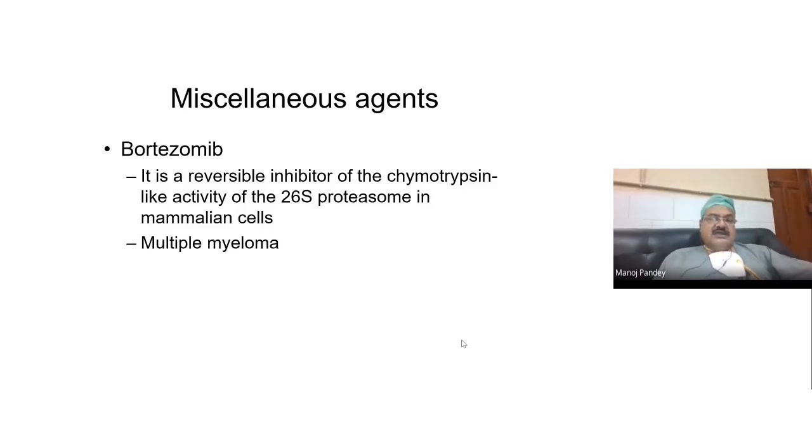Then there are certain miscellaneous agents like bortezomib. Bortezomib basically has a chymotrypsin-like activity and blocks the 26S proteasome in mammalian cells. It is used for treatment of multiple